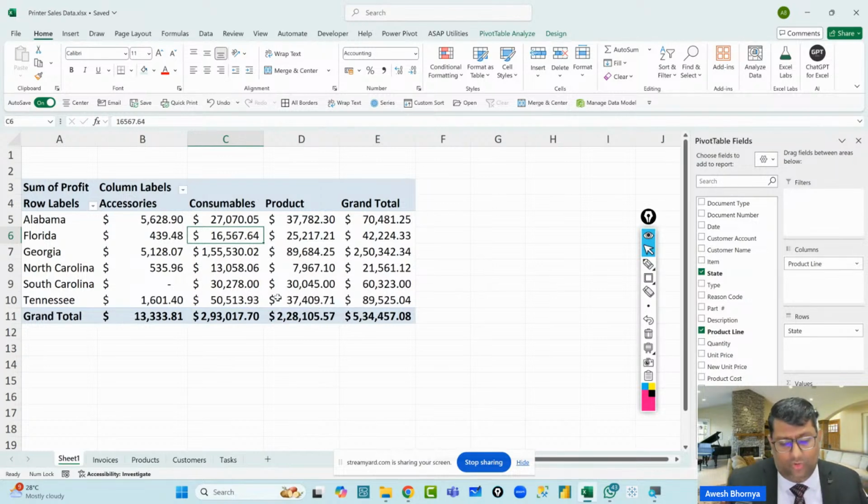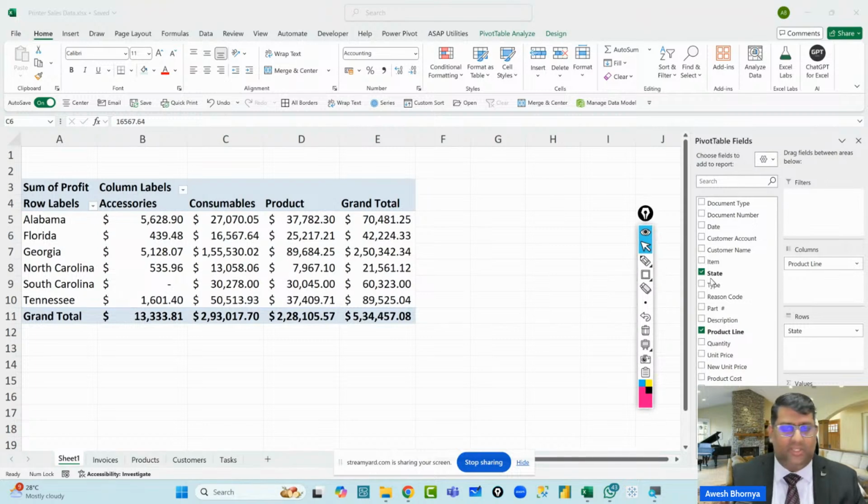Okay, but you can actually go back and add new pivots if you want to add, or new data if you want to add. Now let's talk about the next analysis where, let's say for example, I want to see a quick heat map in terms of the sales happening and which months have been the good months for the company and the bad months for the company in terms of sales or profit that's being generated. Which are the more profitable months and which are not the more profitable months.